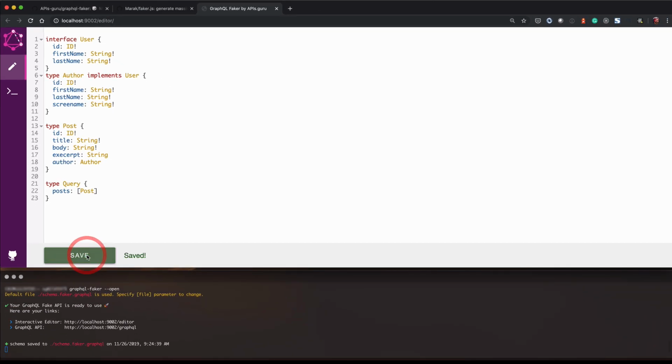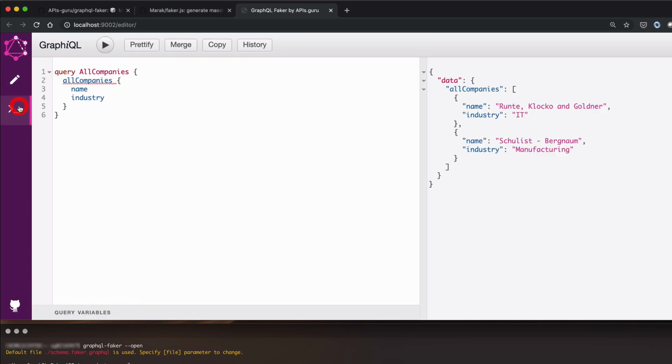I'm going to actually save. As you can see on the bottom, it actually saved my schema definition to a local file now, which later I could even commit or share with my team. And now if I go to the